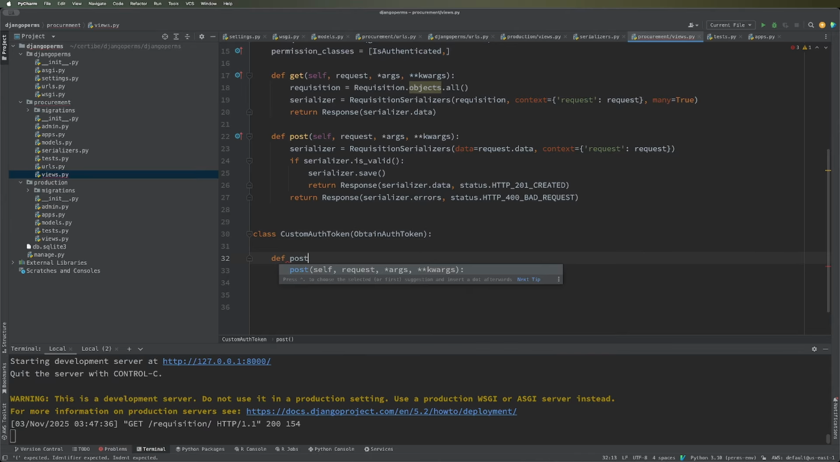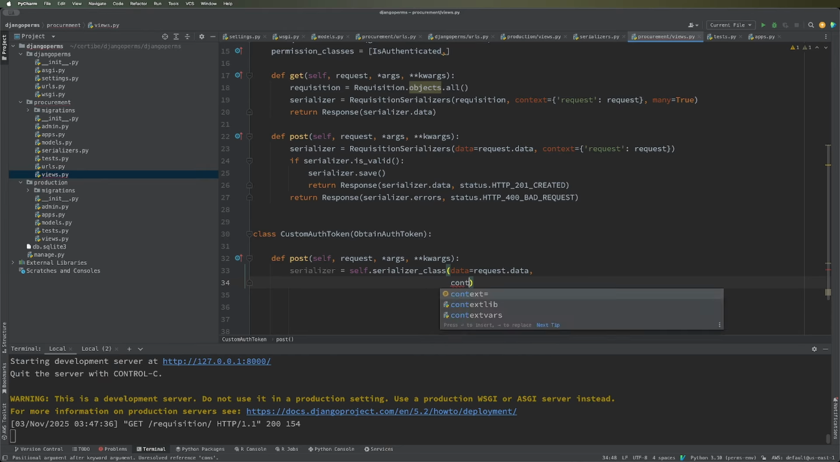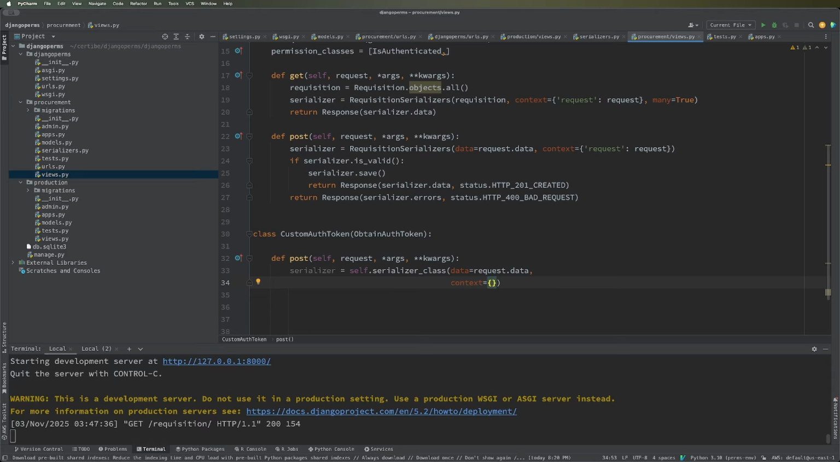We're gonna customize the verb post. Serializer equal self.serializer_class, data equal request.data, meaning that we're gonna receive a password and a username, and the context object will get the request. If serializer is valid; if not, raise exception. User will come from